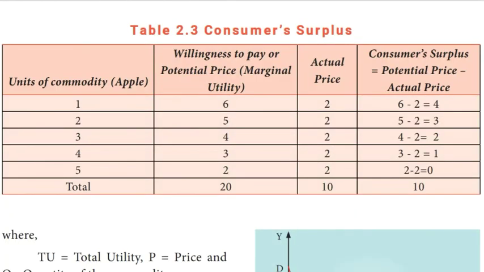Explanation. Consumer surplus is determined by the potential price of the commodity purchased and the actual price in the market. Thus, the consumer surplus is the difference between the sum of marginal utility, that is the total utility, minus the total money spent, or price multiplied by quantity purchased of that commodity. This can be illustrated by the table